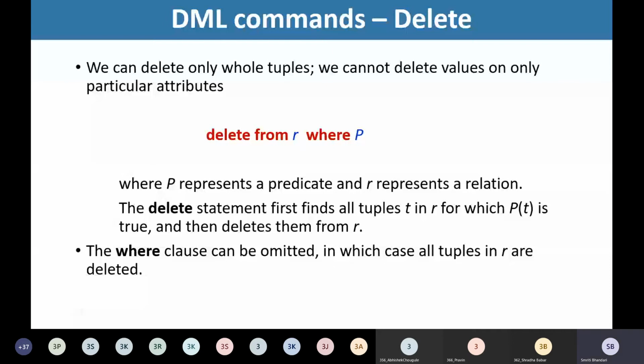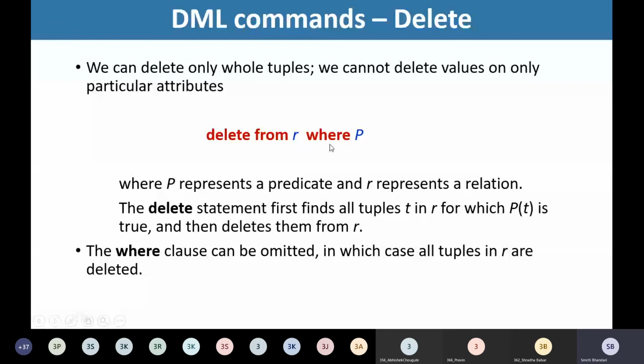name of the table where the predicate P. Predicate is actually the condition. So this delete statement finds all the tuples that satisfy this predicate P, and then these tuples get deleted from the table. This where clause is actually optional, so it can be omitted.